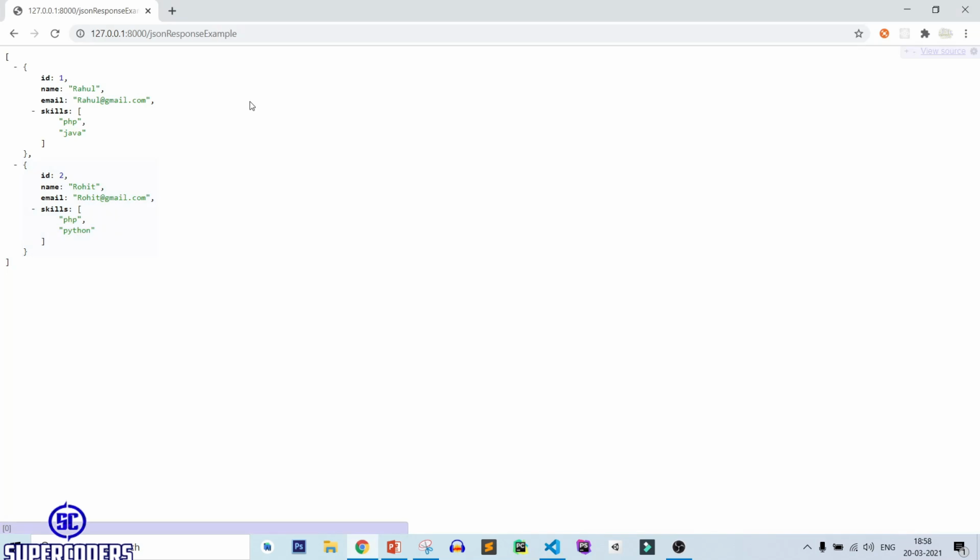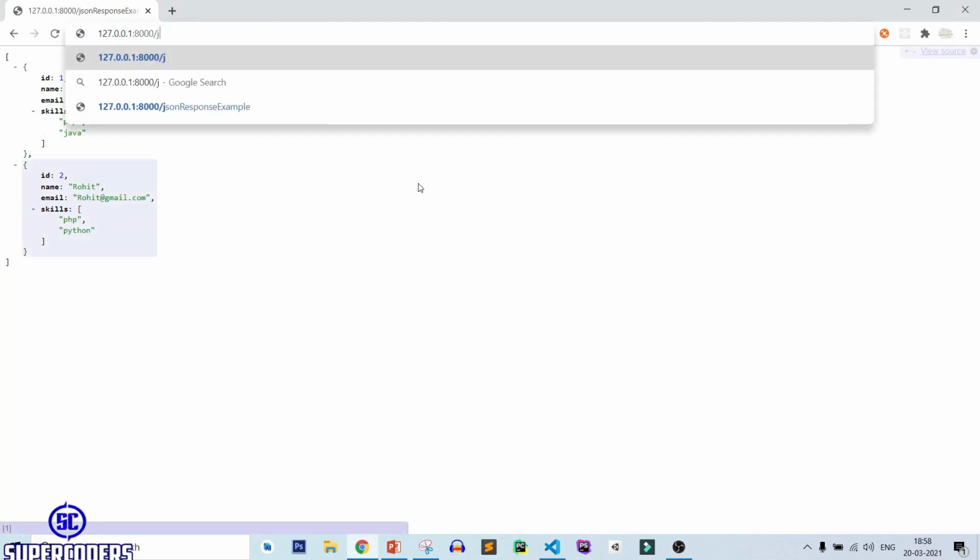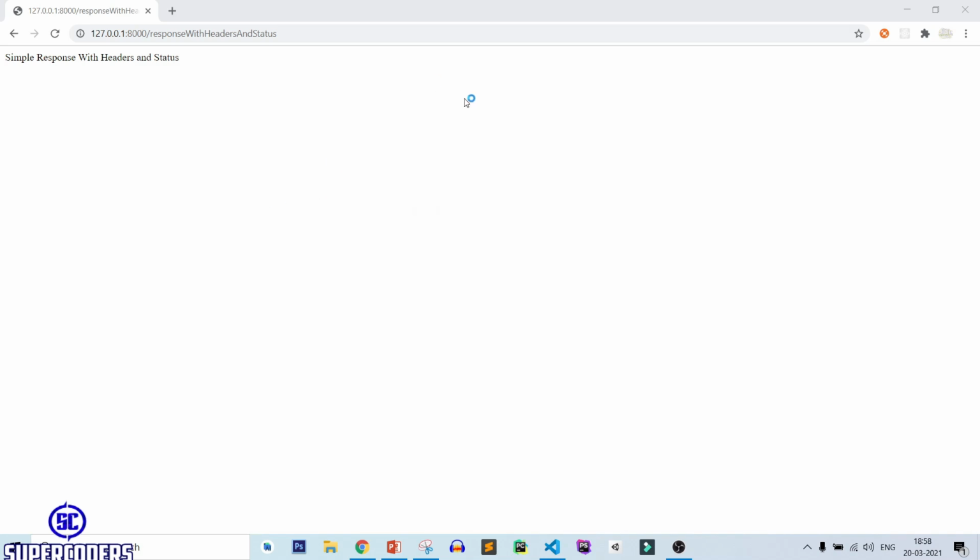So back to Chrome, try to open this URL and you can see it is working perfectly, but you can't see the status code and headers. So let's see how you can check the status code and headers. For this you have to use Postman. In Postman, you can see everything. So let's open Postman.